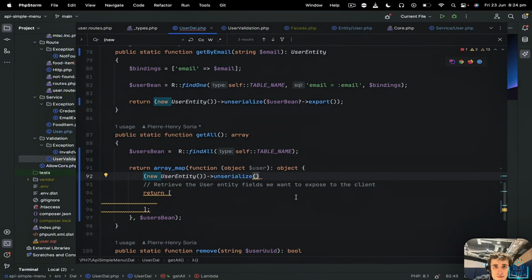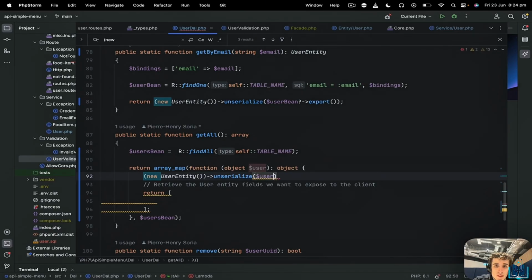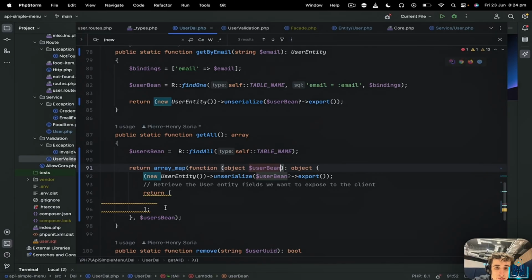Just so you know, here we will expose first user bin, we export as an array user, it will be user bin 2, like this, and here user bin, we export this,